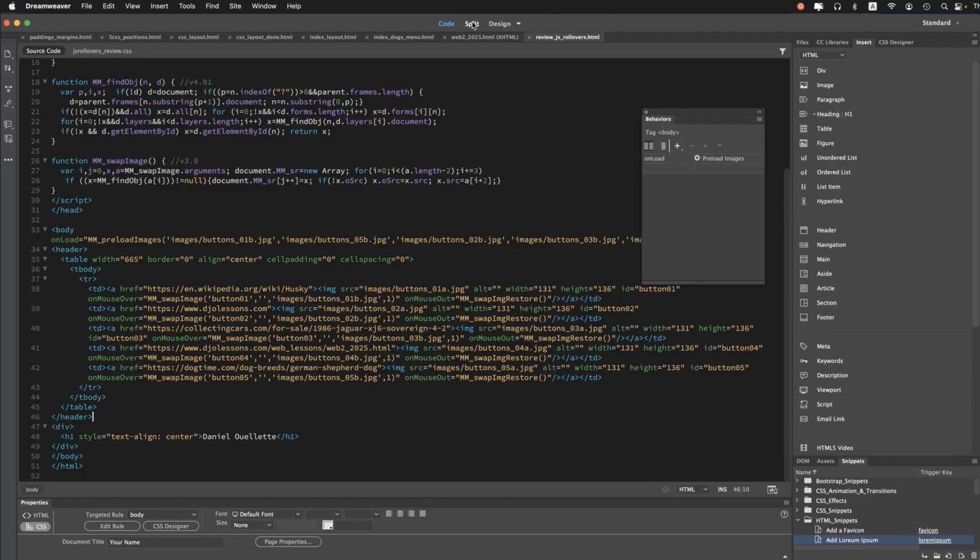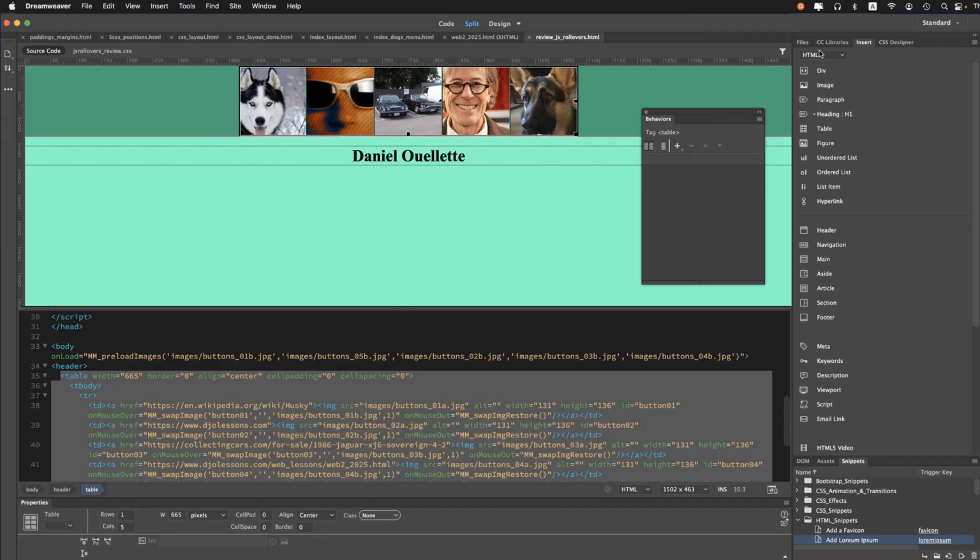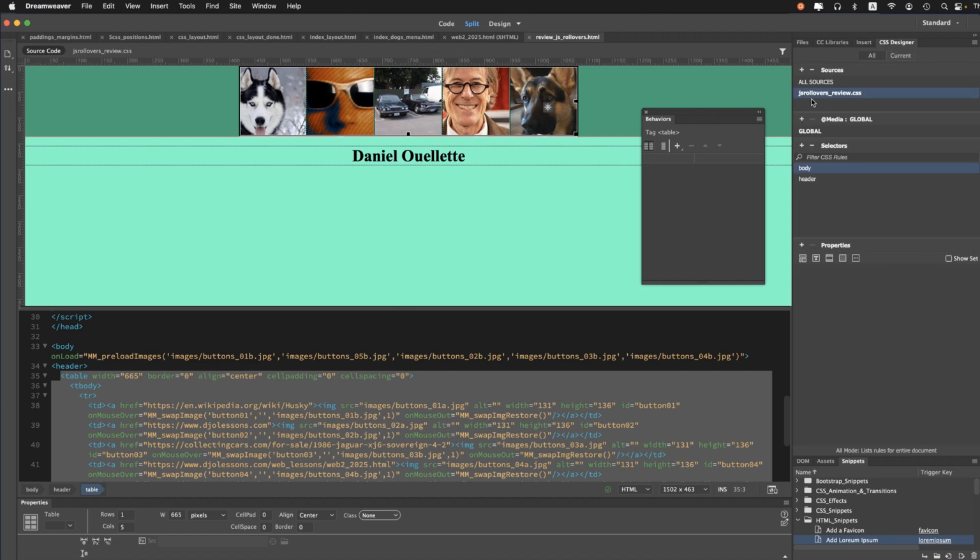Okay, so if I go back to split view here, again, here's a table. And if I go back over here, CSS designer, here is my external style sheet. And if I check on the body style tag selector here, I'll just go show set. I set margins to 0. That's what makes it tight to the edges. So set all your margins to 0 and a background color. And for the header, I simply put a background color. Okay, the table is centered